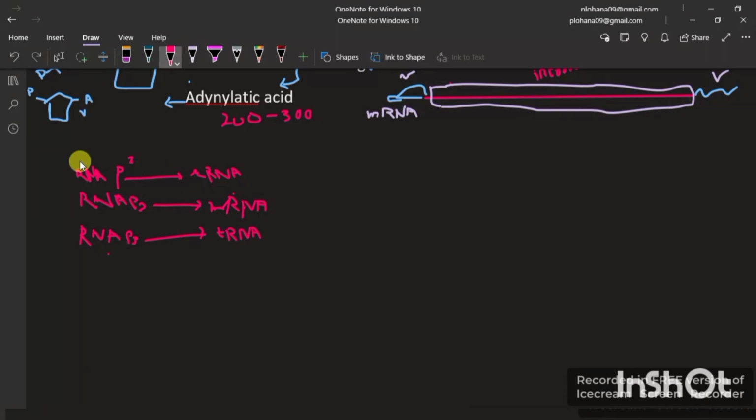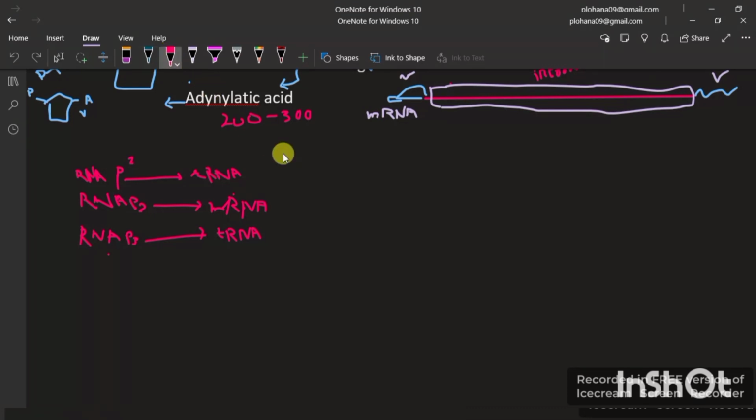Like if we have done one, the others will be made with the same process. Just mRNA was not made directly, because HRNA was made, then we modified it, then mRNA was made. Alright. So with RNA polymerase 1, rRNA will be formed with the same process. When we take RNA polymerase 3, then tRNA will be formed, which is transporter RNA. Now let's see what their work is and where they are present.